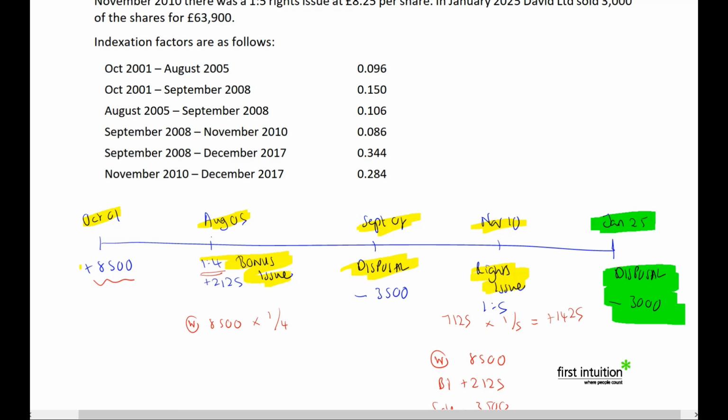So I keep going till the next item, which is September 08, a disposal. Then I say, oh, that's an indexing event. That would change the column in the cost column. So before I can process it, I need to do some indexation allowance. And I'm going to index from the last time that I indexed right till now. But because this is the first indexation, there is no last time that I indexed. So when I come to do the indexation,